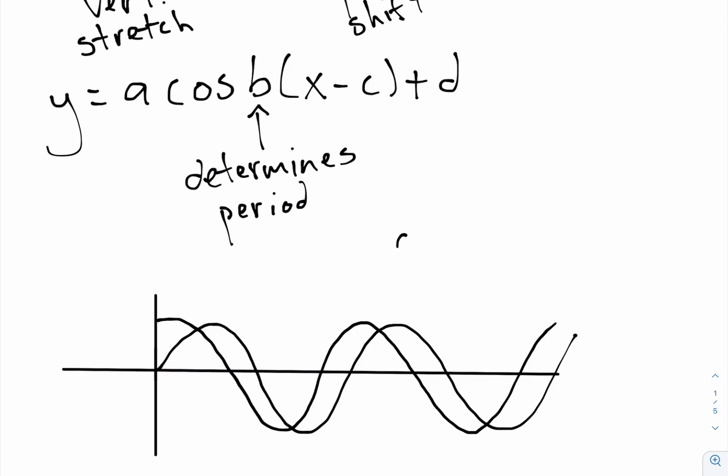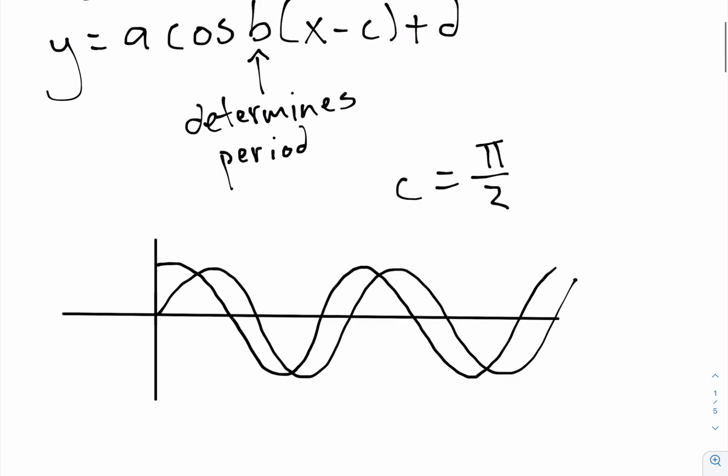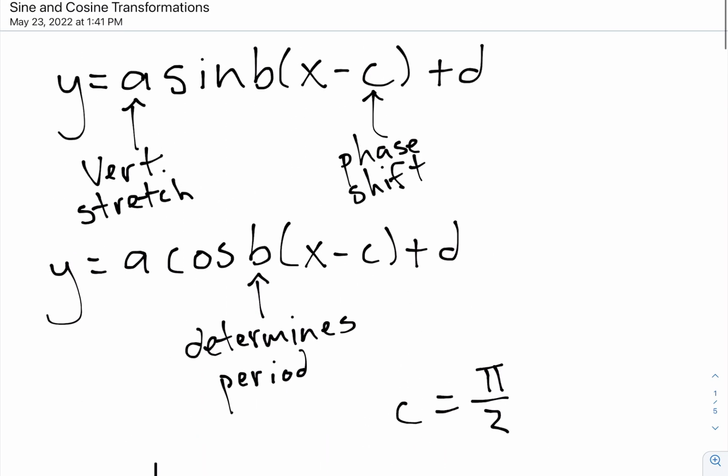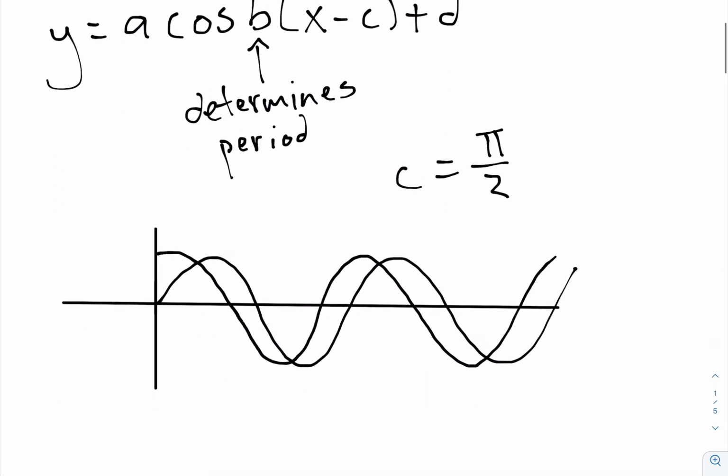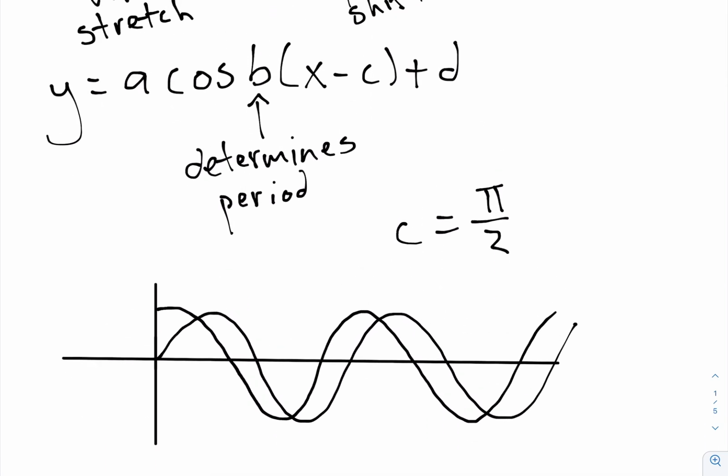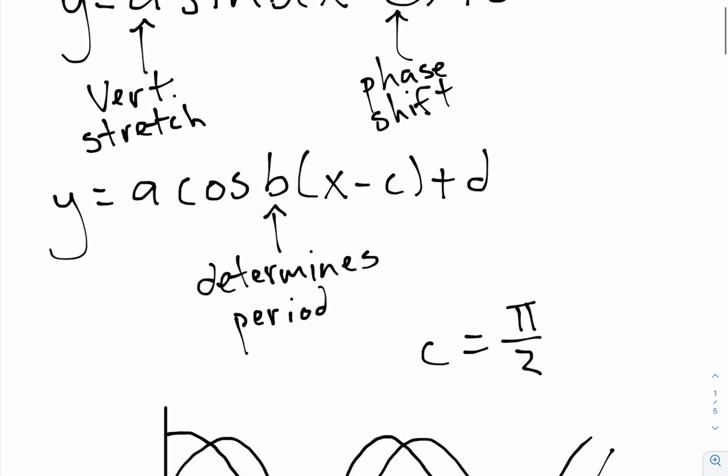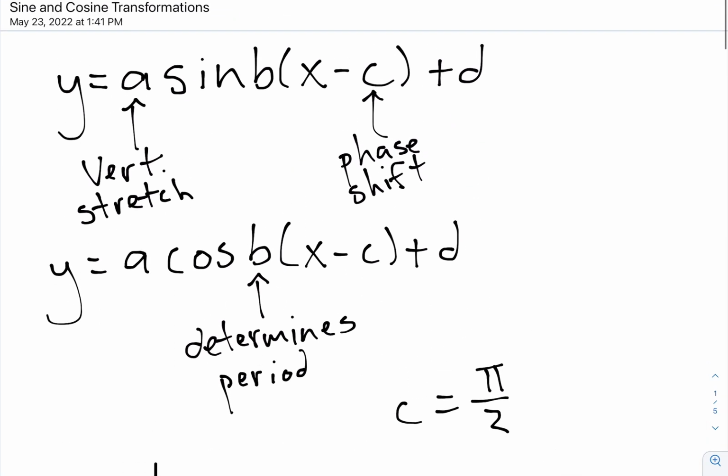In this case, c would equal pi over 2, because c is just how much the graph is shifted to the right or to the left. I know it's just kind of random words I'm spitting out, but we'll see exactly what this means in the examples. So a is the vertical stretch, b determines the period, c is the phase shift, and